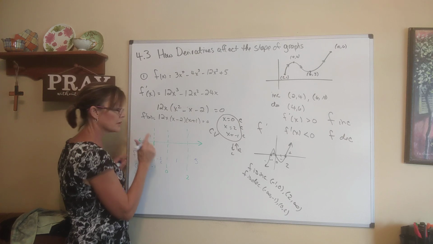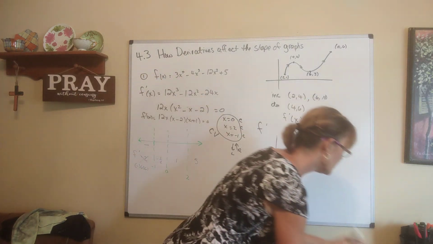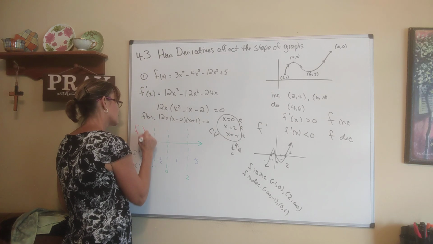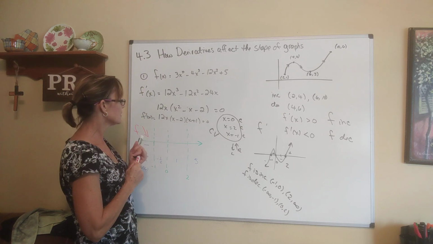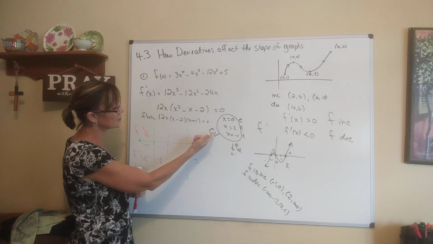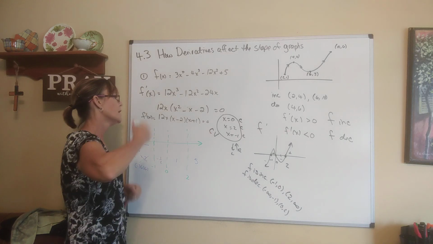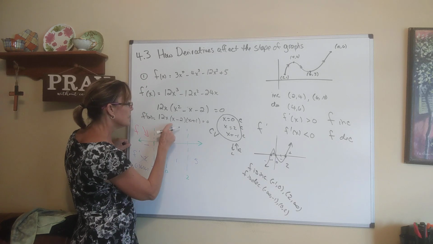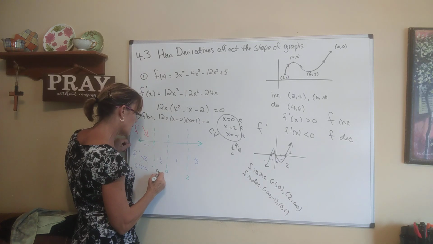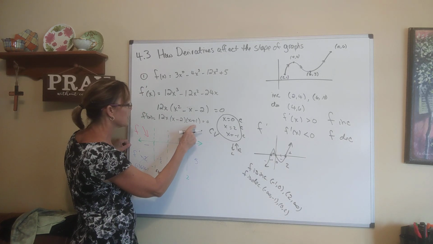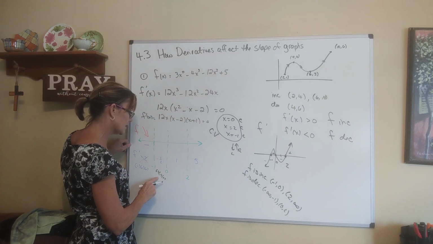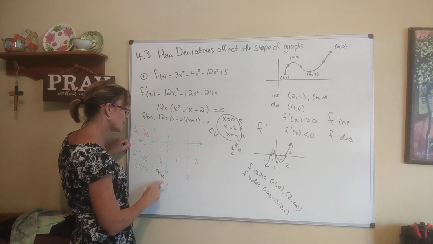Maybe I'll make that a different color. With f itself, the function is decreasing right here. That's what that means. Okay, so when we get to negative 1/2, what we would do is plug it in here. So 12 times negative 1/2 is a negative. Negative 1/2 minus 2 is another negative. Negative 1/2 plus 1 would be a positive. So we have a negative times negative, which is a positive, times a positive, which would make this